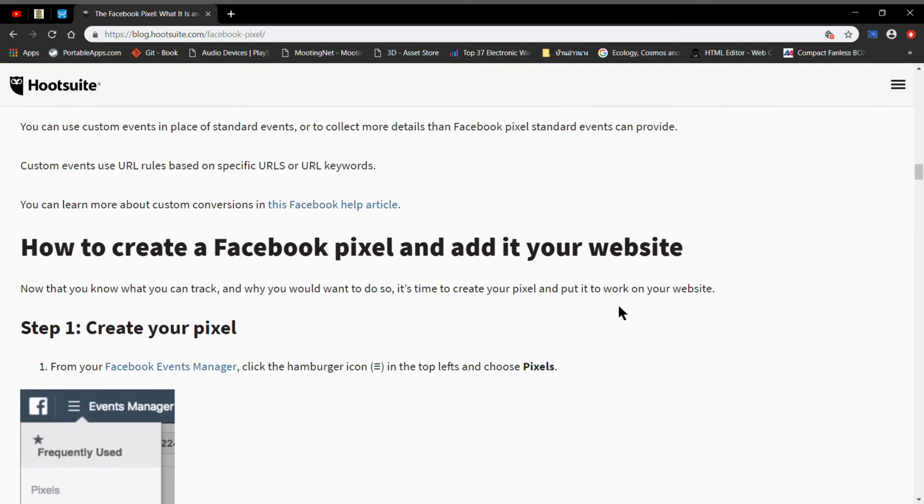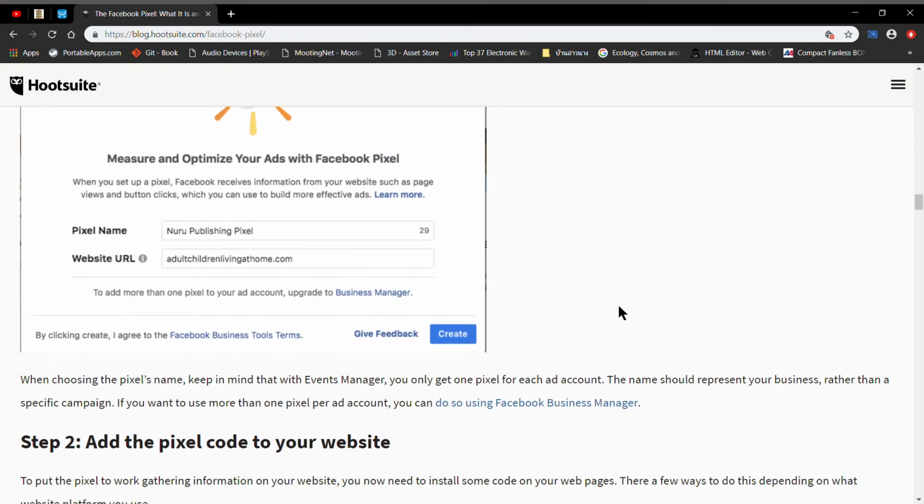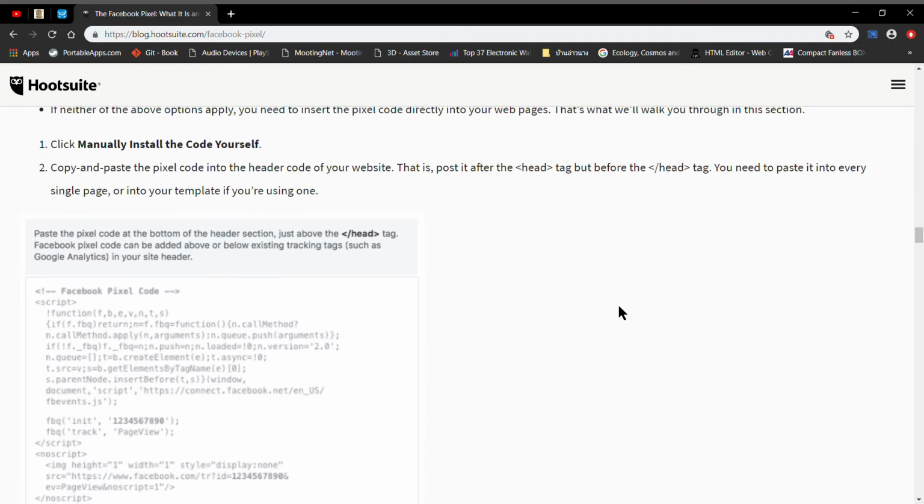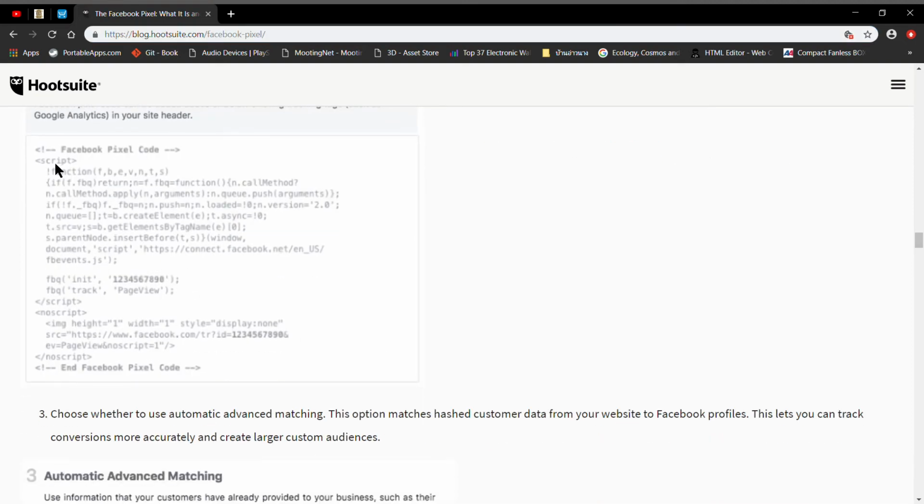Yeah, and this is very informative about the Pixel. I would recommend it. You go to blog.hootsuite.com/Facebook-pixel. Yeah, you can see it here. So you go there and you can read it yourself. But if you Google or even DuckDuckGo the scandal about the Facebook Pixel, yeah, this is the Pixel code that you see,